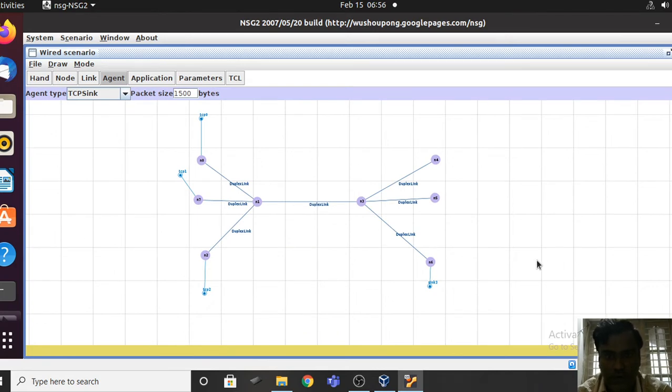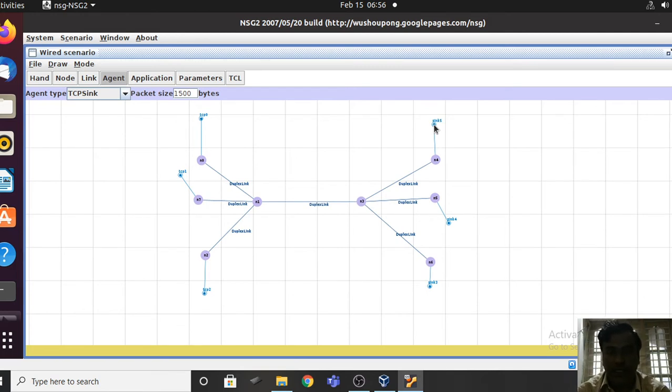And I want to add sink agents even for these nodes. So adding of these agents to the source nodes and destination nodes is completed.